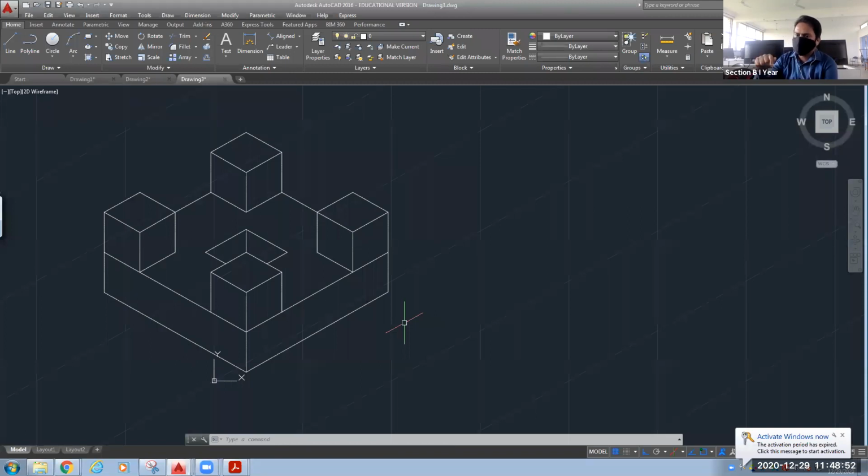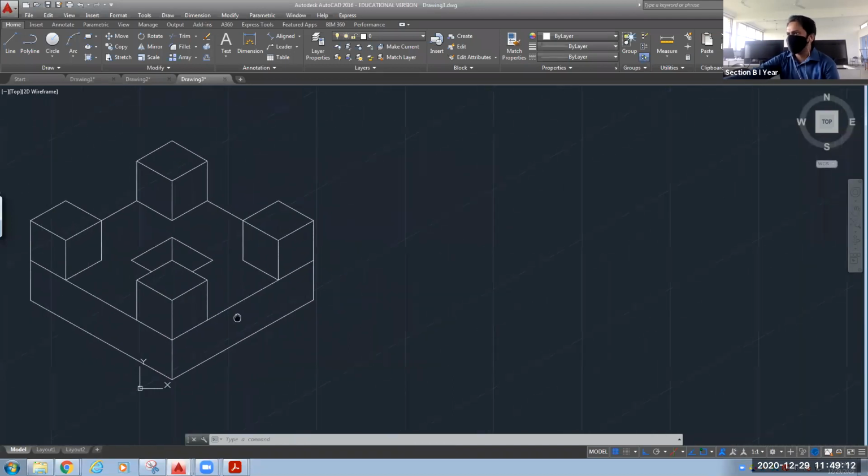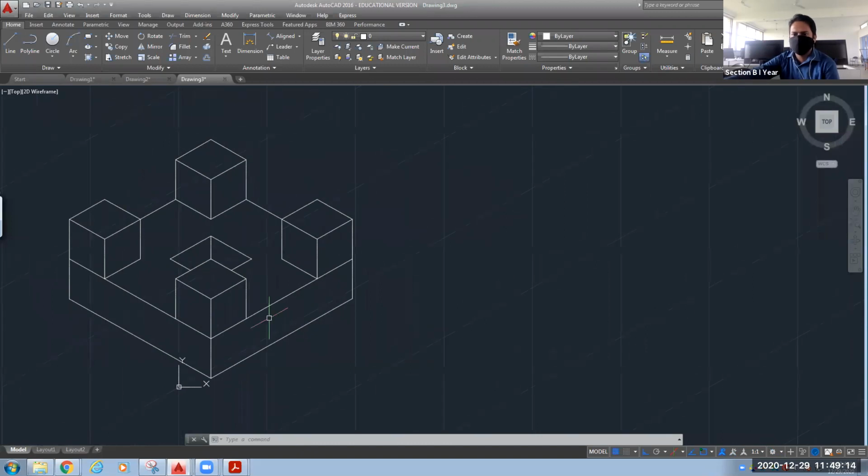At the center of the box, there is a hole of size 25, 25, 25. So this is the isometric view of one component. I have shown you how to draw or how to work in isometric mode, okay, or iso draft command. So that's all for today's class from my side.